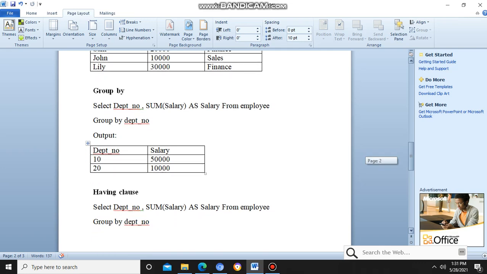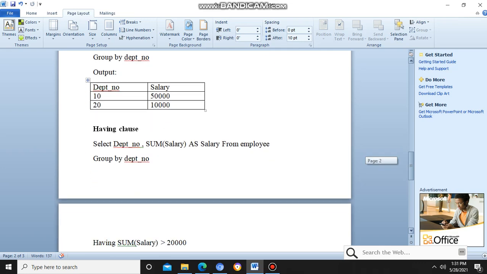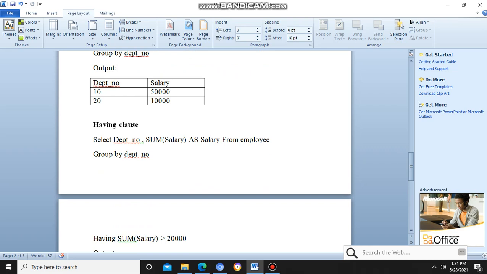The next one is the having clause. Whenever we want to filter a table, we use a where clause, which we saw before, and whenever we want to filter the aggregated value, we use a having clause. Here, select department number, sum of salary as salary from employee table group by department number.